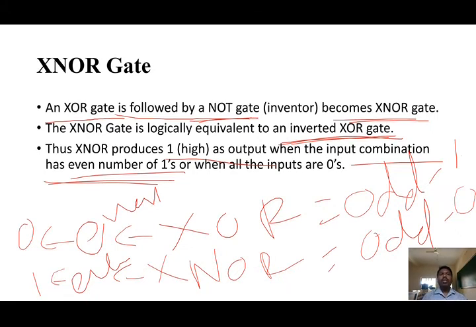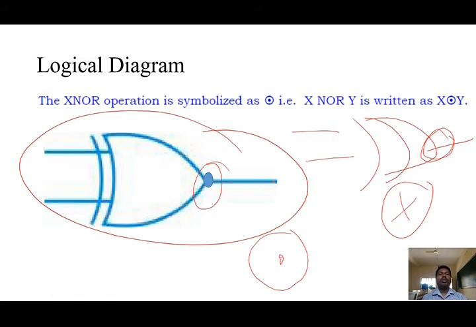Dear students, what is an XOR gate in the sense? A gate has 2 or more input signals but produces only one output signal. In addition to that, the XOR gate followed by a NOT gate is called an XNOR gate, or we can say the XNOR gate is logically equivalent to an inverted XOR gate. So the output condition: which one is easy? First we will take one output condition. The output will become 1 when there is an odd number of ones in the input combination, otherwise 0.